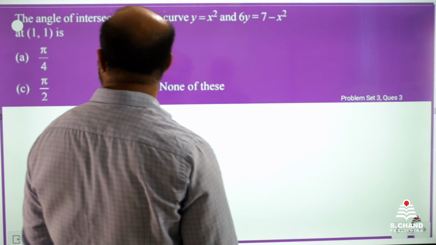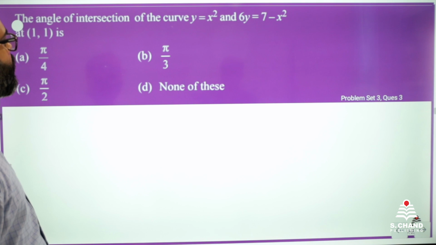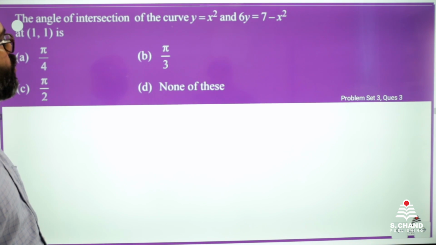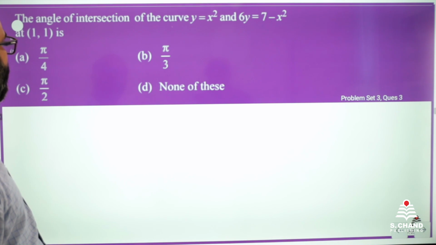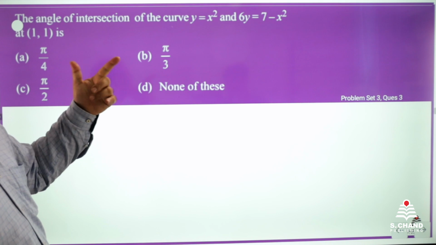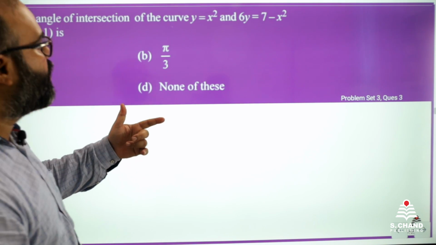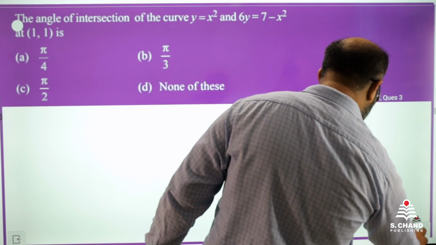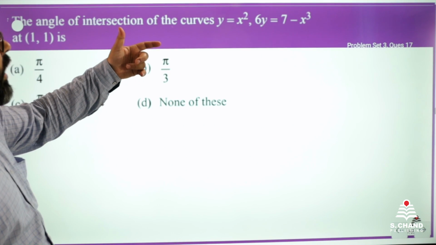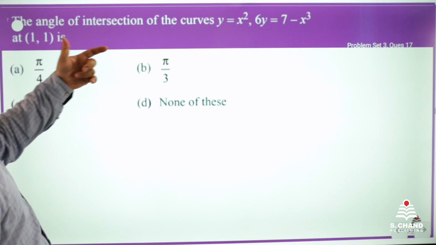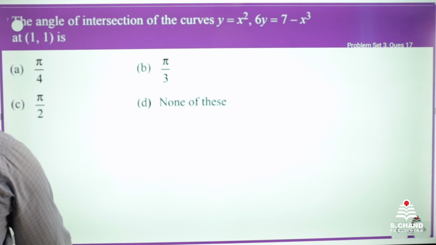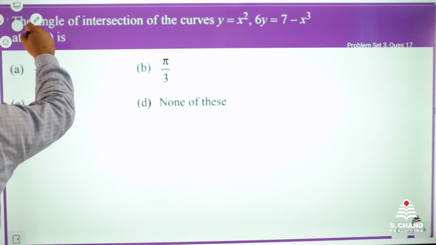Next question says the angle of intersection of the curve y is equal to x square and 6y is equal to 7 minus x square at 1 comma 1 is. So actually the question is something else which will come in the next slide. So the actual question is this one. The angle of intersection of the curves y is equal to x square, 6y is equal to 7 minus x cube at 1 comma 1 is. So if we solve this question, what we will have,